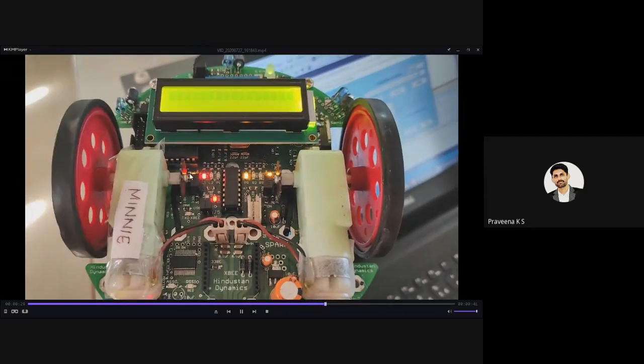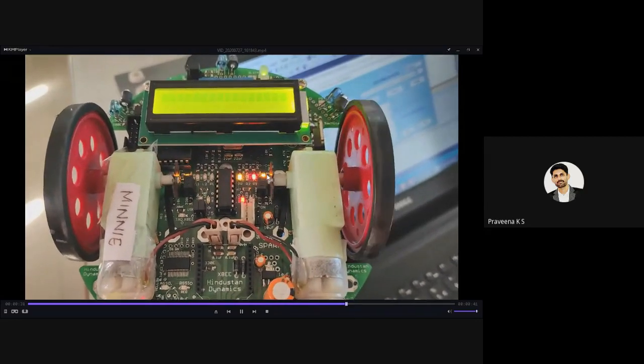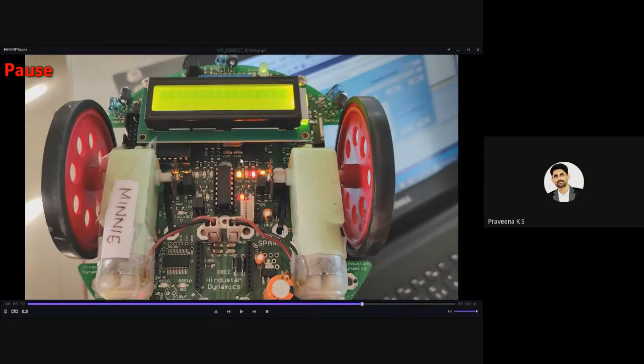See here also and here also, it will take it as one count. So it can give up to 17 counts. Based on the counts, the distance and all these things can be calculated. We'll see that later, but just for your information, I have given that. Okay, I hope it is clear till now.